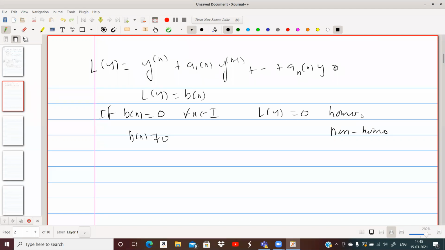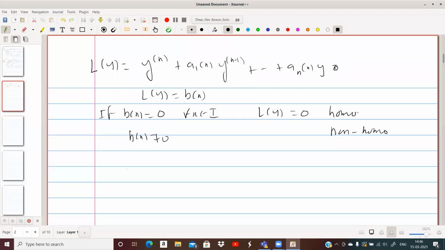It is like the first unit, but directly taking a higher order, nth order, not from second order and all. And this L is called the differential operator. You may have another operator notation that has been discussed in the last part of the unit. So this L is called an operator.